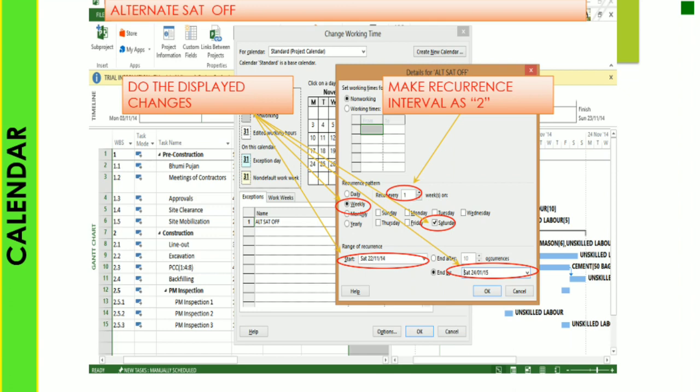You can see the recurrence pattern is weekly, here is Saturday, the start date is this, and the finish date is this. Make the recurrence interval 2. Here we can see that the recurrence is 1. If you want alternate Saturdays off, you have to make the recurrence interval 2, so that changes your calendar.